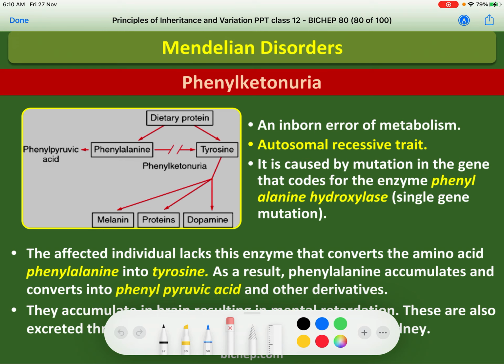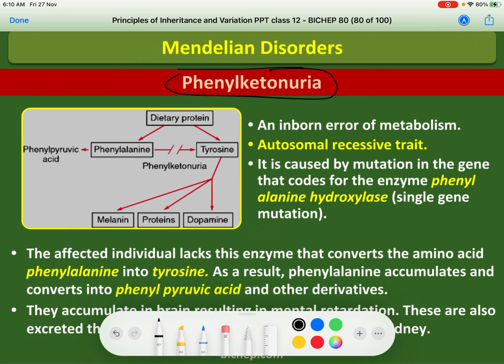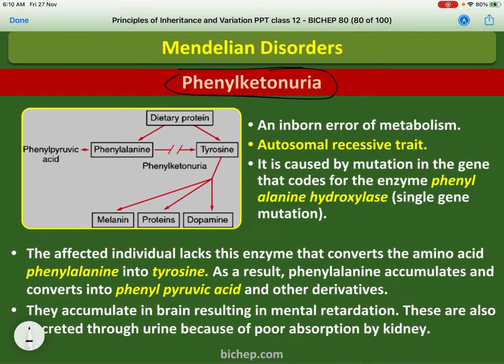The third slide, the third disease. Now, if you see the third disease, it is phenylketonuria, right? Now, as far as the disease is concerned, it is known as inborn error of metabolism. Now, why is it indicated as inborn error of metabolism? Because this disease is seen on the genes